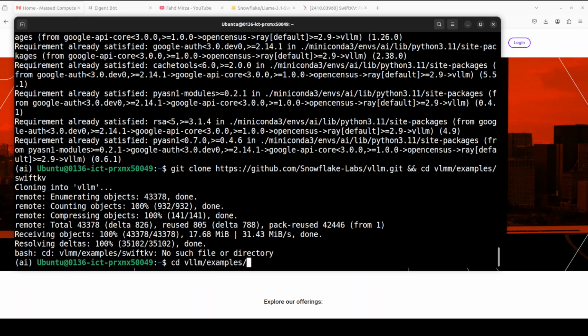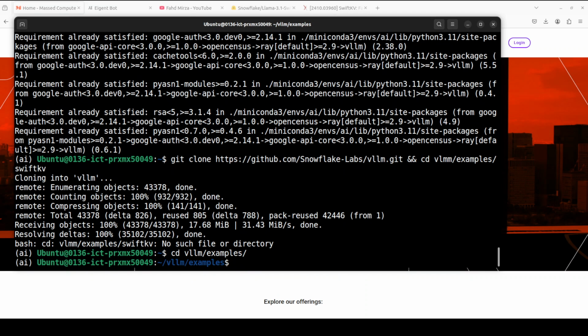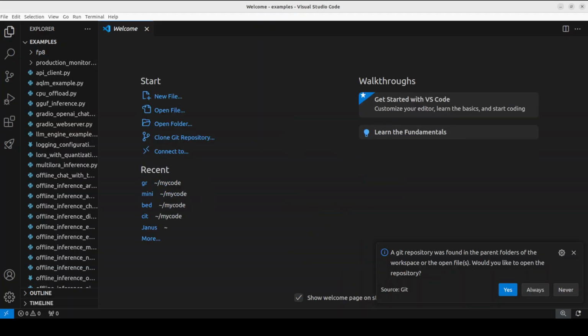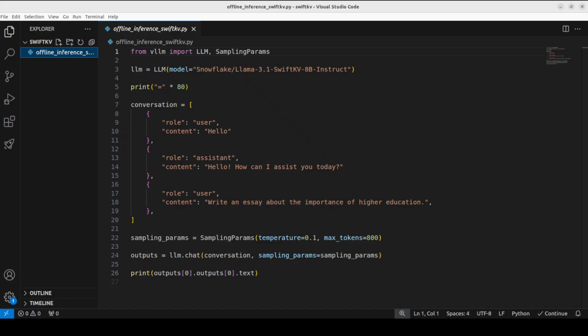And then examples, there should be a Swift one. It's in the examples directory. Okay, let me open it in my VS Code and I will first show you the inference example with it. So this is a simple script which they have provided in their example to run the inference with this SwiftKV